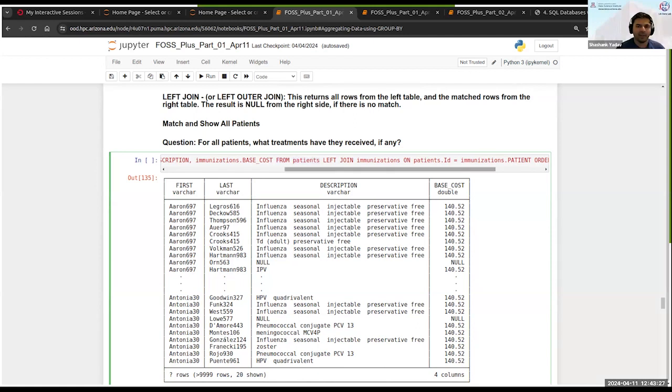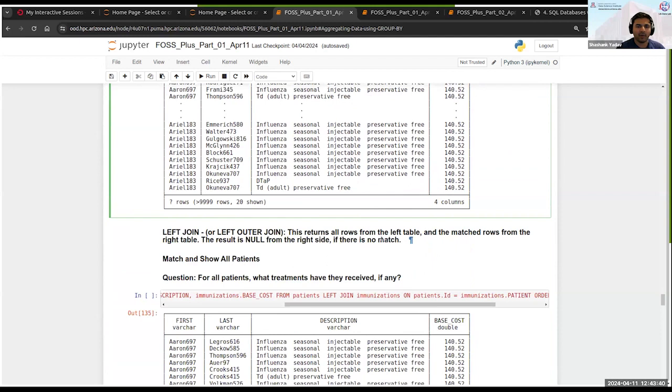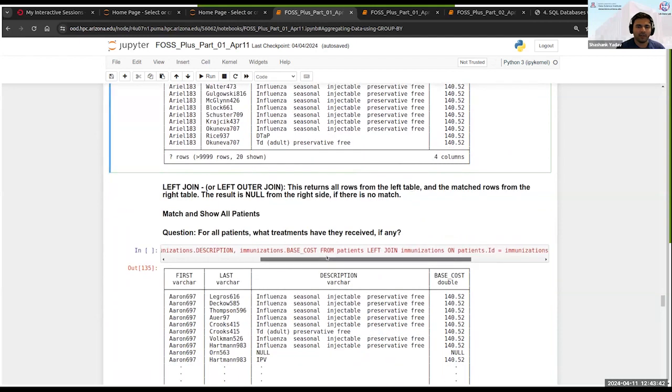And see, the order is changed here because in the previous one, since we were doing an inner join, there is no concept of left and right. So we wrote immunizations first and then patients second. But in left and right joins, the order matters. That's why we have the left table first. So we are telling it, from patients, which is the left table,